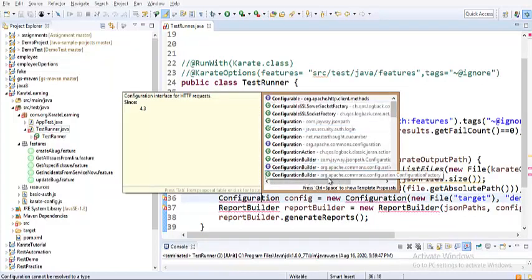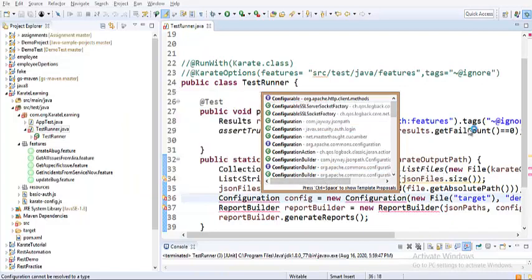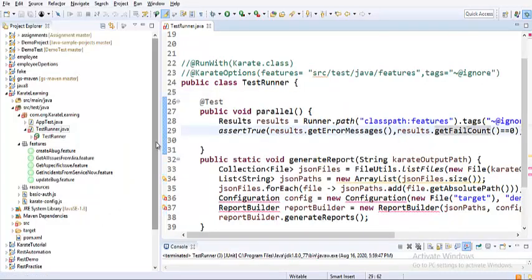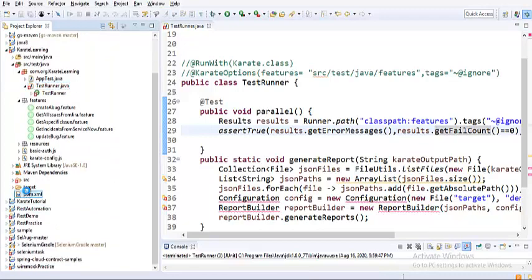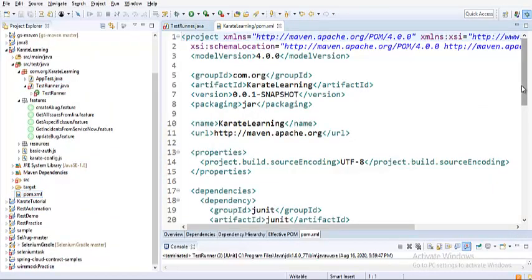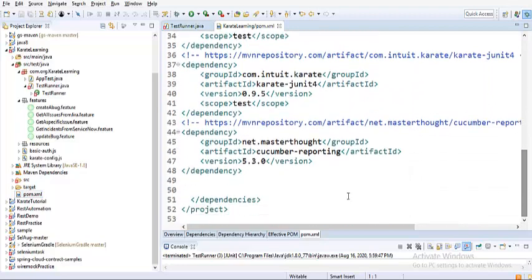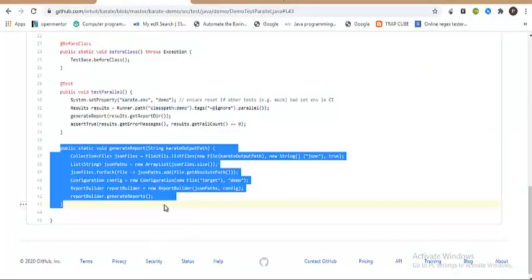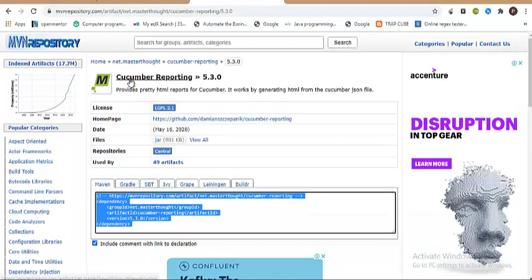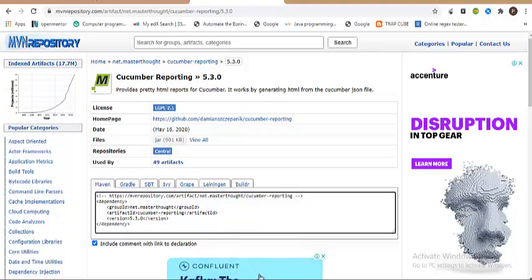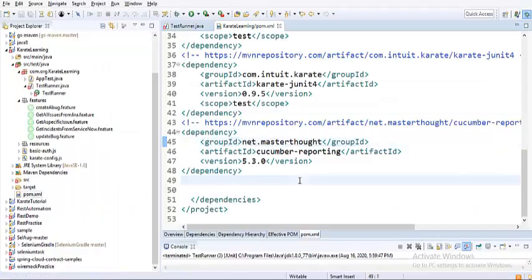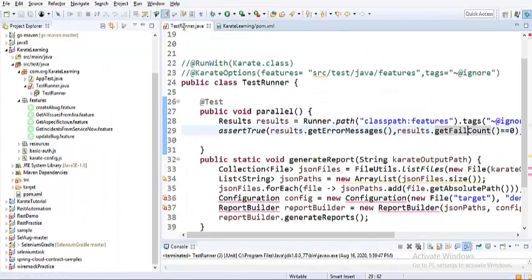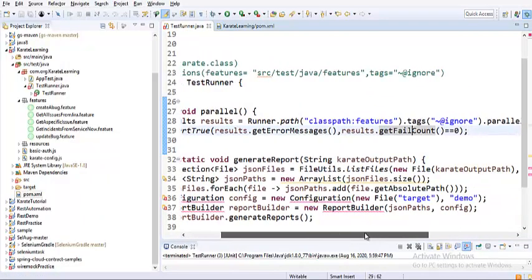Configuration, I think yeah guys, I need to add some dependencies to the pom.xml file. So let me quickly check that. Yeah, I have that reporting too. There is a dependency which is coming from net masterthought, so you can just get it from the Maven central repository. So Cucumber reporting, I've just copied this dependency of 5.3.0 version, and I've copied that to my pom.xml so that the dependency can be resolved automatically and be available to my project.